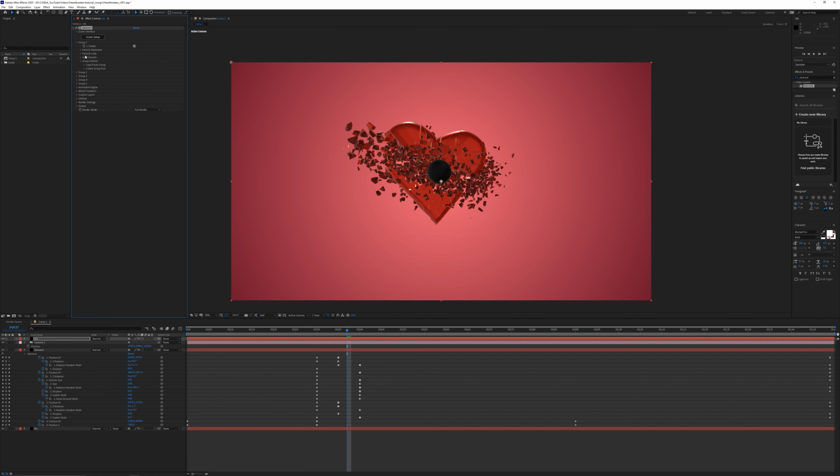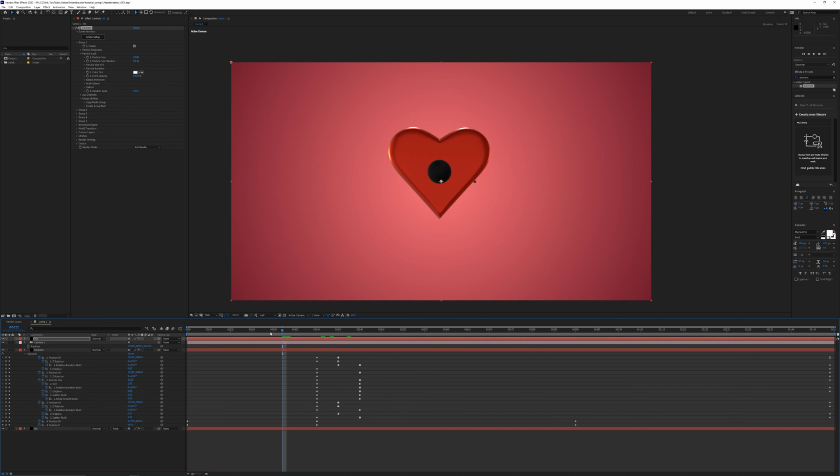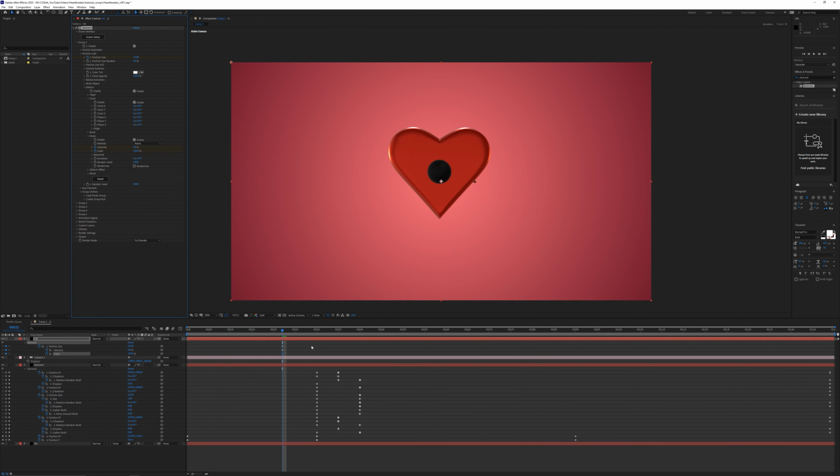So let's open up group 1, go into the particle look. We're going to go a little bit in front of frame 30, just so this has some time to grow. And then we're going to animate the particle size, then open up deform, open up twist, enable twist, and then open up noise and enable noise. So in noise, we can animate the intensity and we can animate the scale. Click U to see the keyframes.